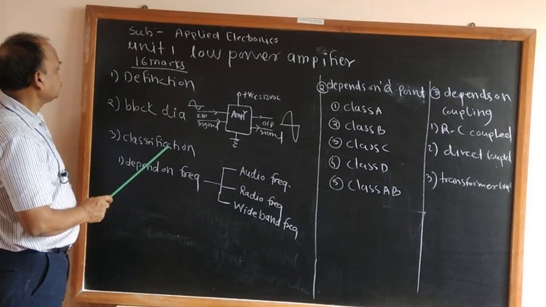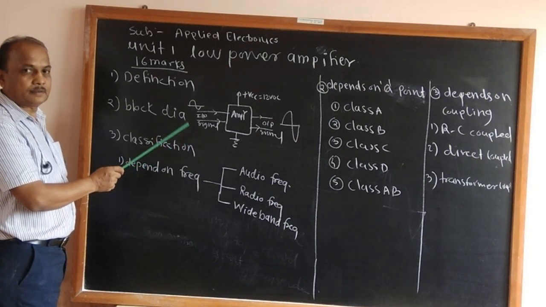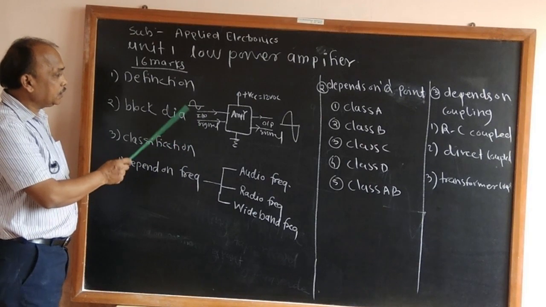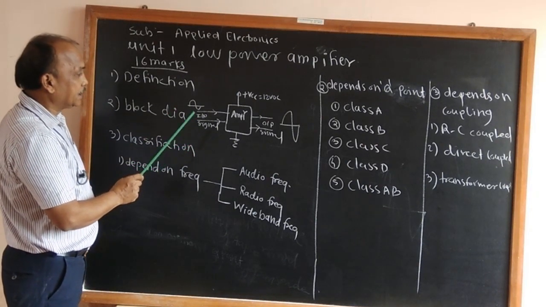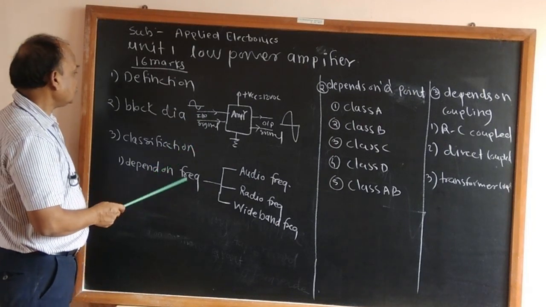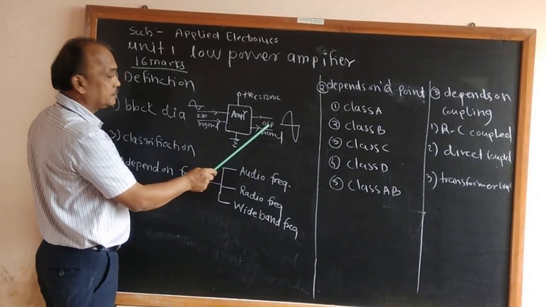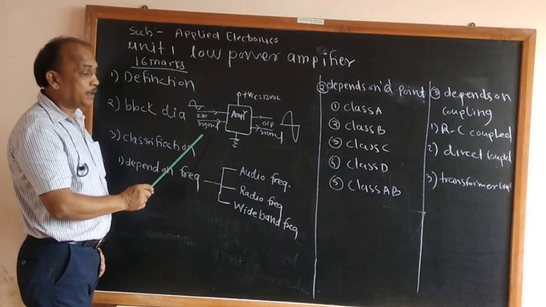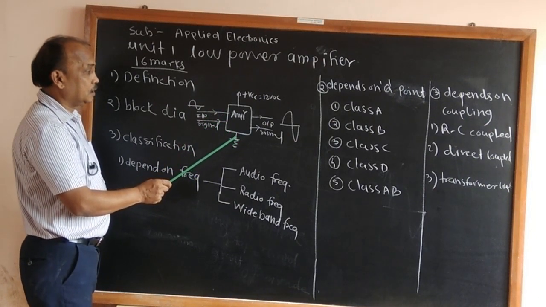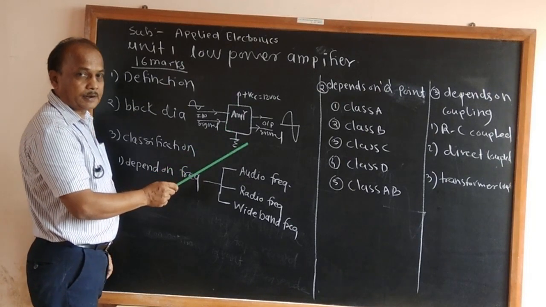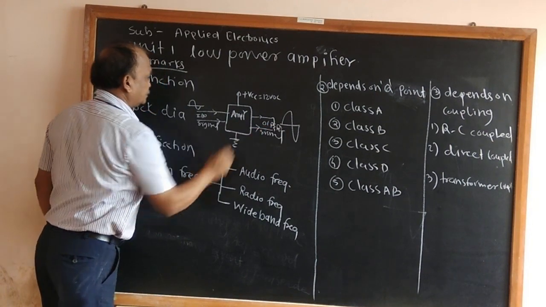Now the second source is other input sources. We can connect a tape recorder here. We can connect a transducer. All these three equipments convert into electrical signals. Okay. Now we have to study the output side. At the output side, we can connect either a speaker for an audio amplifier, or a relay for control system circuits, or a load resistor RL. So here the load resistor RL is connected.